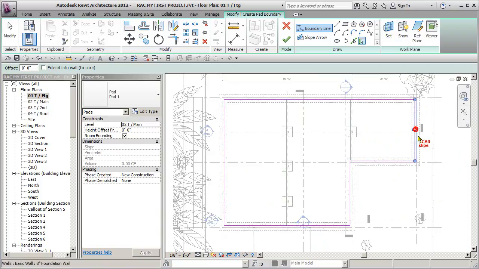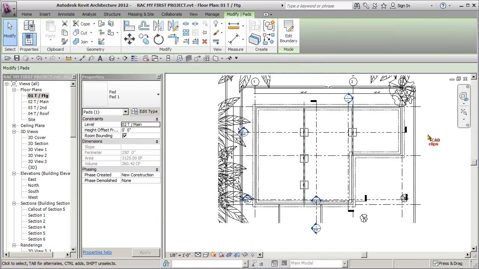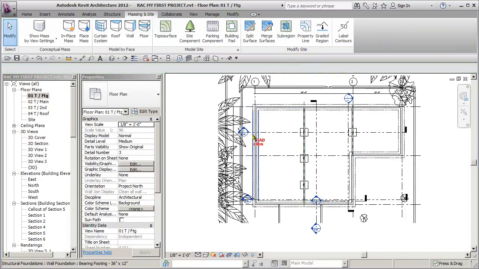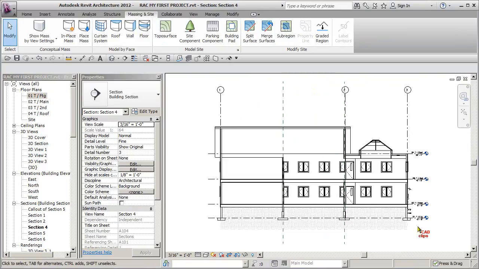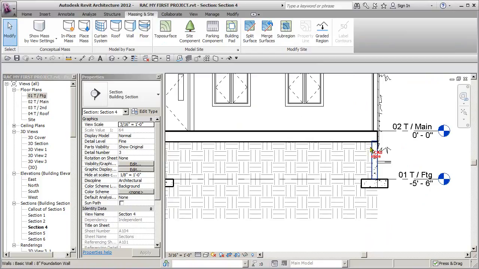Notice there's a flip line here. I can flip to the inside if I want. So that's really it. Look, top of main floor, offset of 0. Just take note of that. Finish. Click out. Let's go to this cross section. Click, click. So we do have a pad in here. If I hover over the edge of this wall and I go tab, tab, tab,